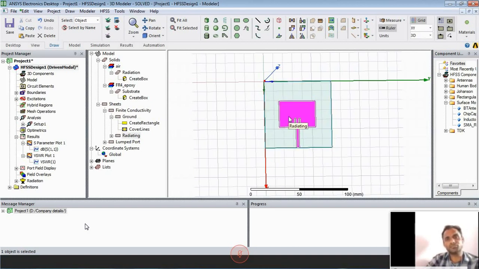Axis position means we have to work on the direction. We progress in the plus 90 degree direction onwards, so that we need to give a finite conductivity value. Just wait, I'll show it.